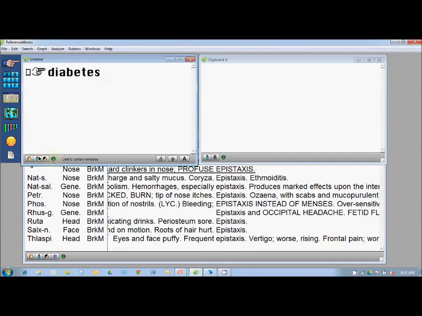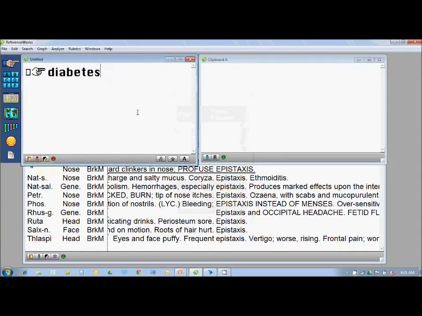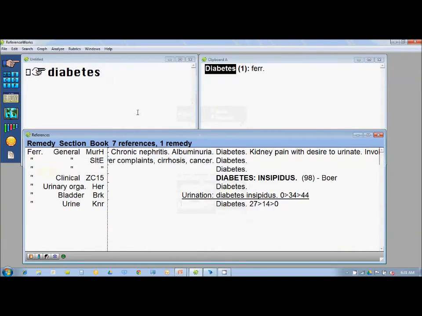And now there is a small bottle icon just next to the book icon. I just click over here and I select the remedy FERR. I just click and type the letters FERR, and I can just click on the alphabets which are written over here, Ferrum, and I press OK. Once I press enter, I am now limiting my search only to diabetes mention about Ferrum in the entire literature,